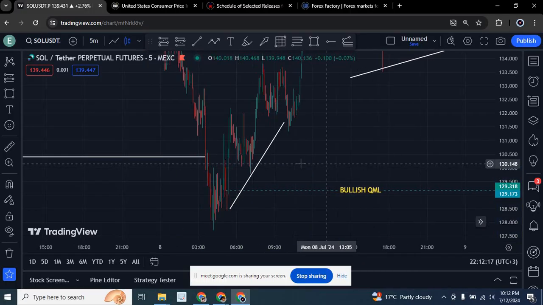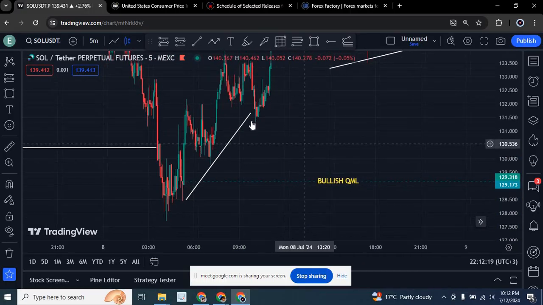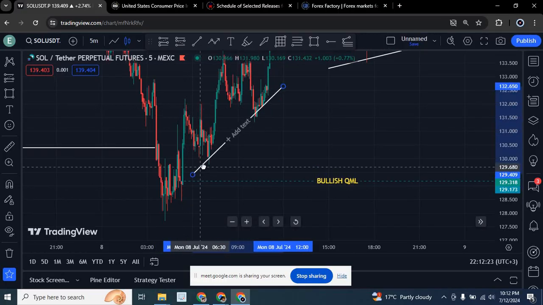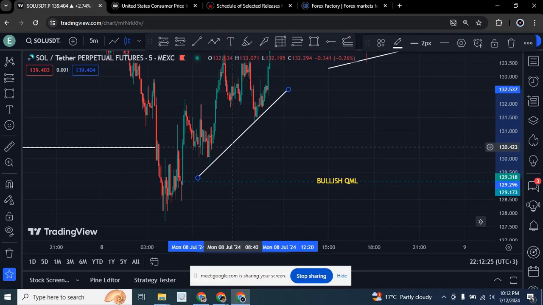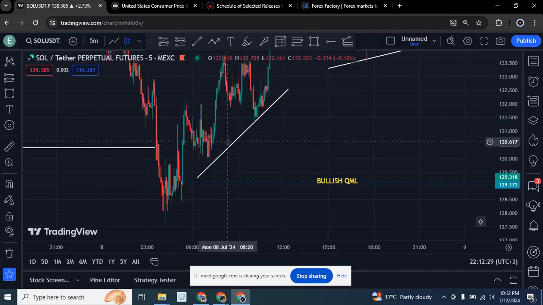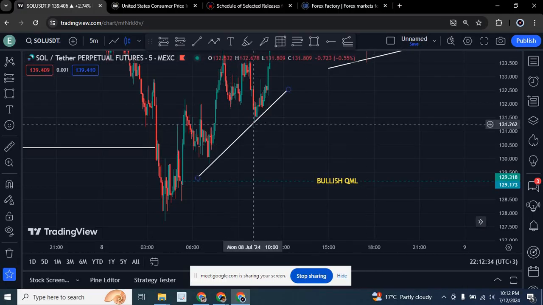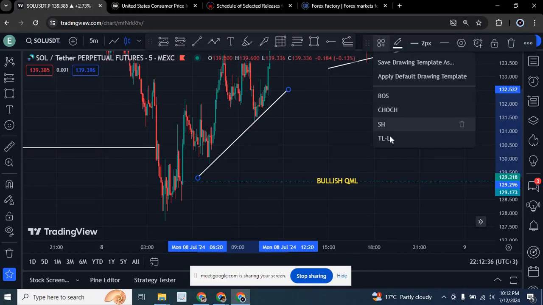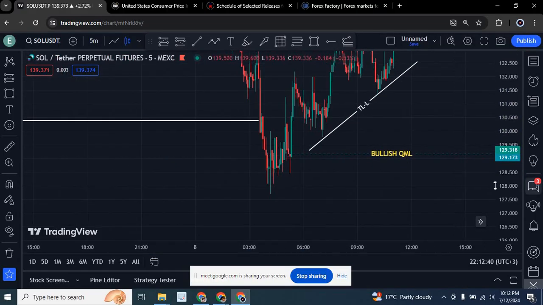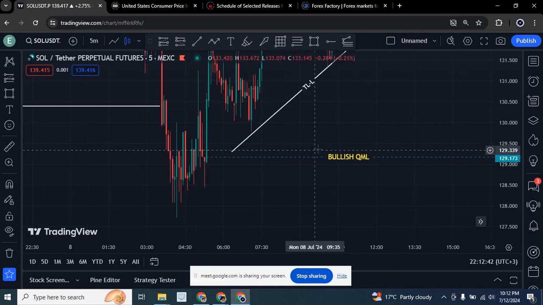What I came and found out is, now it was clear to me, there's trendline liquidity. If I look at this part right here, this whole thing right here is a trendline liquidity from this zone. Trendline liquidity. Let me name it trendline liquidity. Where is that thing? Trendline liquidity. So below my liquidity, now this is where I found a really good